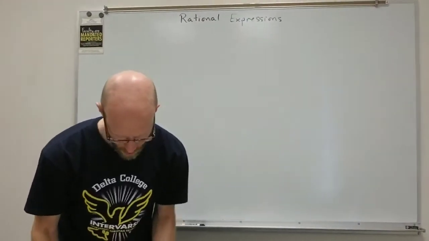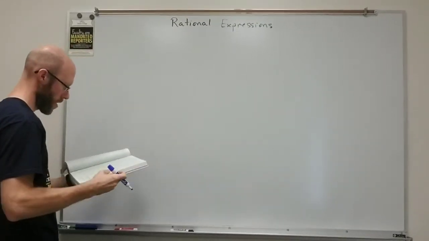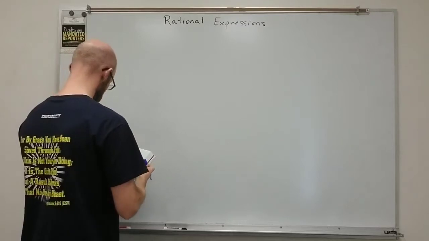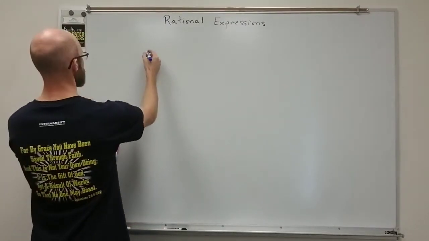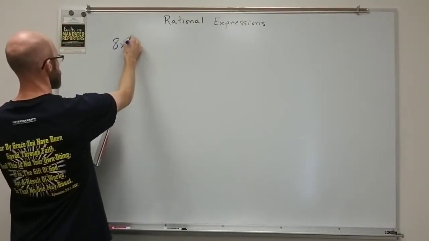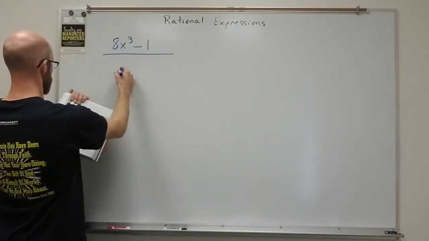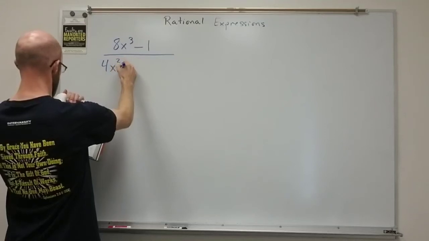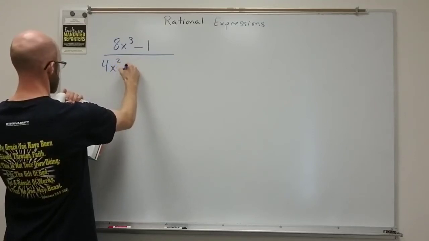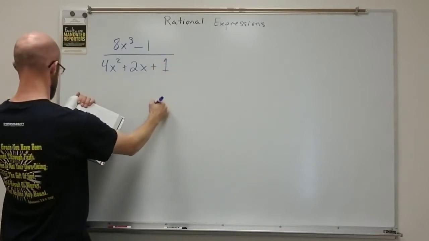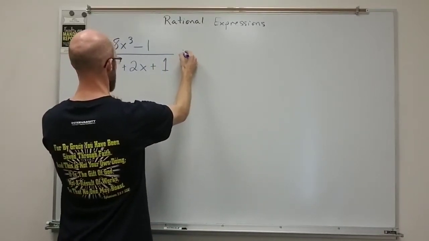So let's try, I really want to get something with a modified AC in it. There's one. Let's try that. 8x cubed minus 1 over 4x squared plus 2x plus 1 divided by,